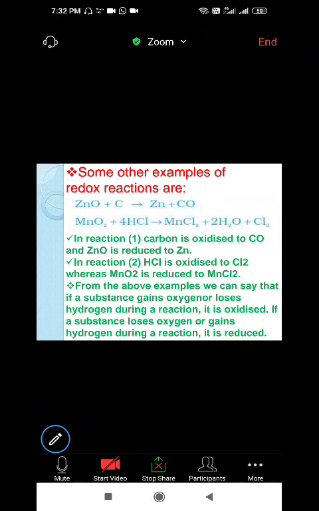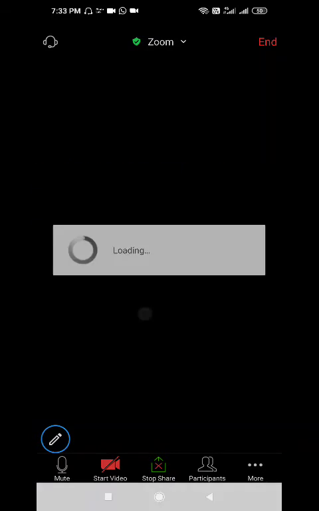The thing which is written over here in the green lines is that only, so I'm not going to repeat it again. I hope you guys are clear with the redox reaction now. Let me just repeat myself once again for this. If the oxidation and reduction both are done in the same reaction, then it is known as a redox reaction.